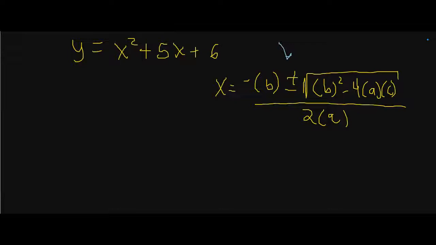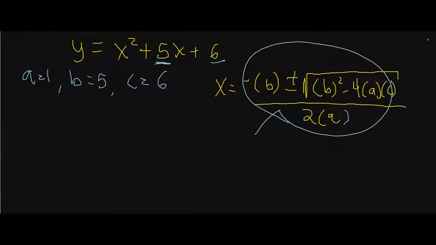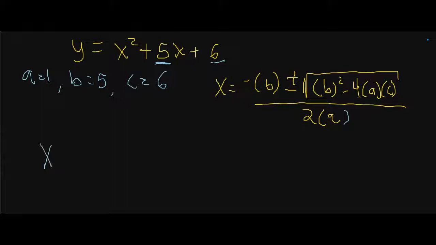Okay, so now that we go to solving, we have a 1 in front of x squared. It doesn't show it, but if it doesn't say it, we always assume that it's a 1. So I'll write it down. a is equal to 1, b is equal to the number in the middle term, which is 5, and c is equal to 6. So all we do now is take the 1, 5, and 6 and replace the letters in the formula. So we're going to get x is equal to negative,